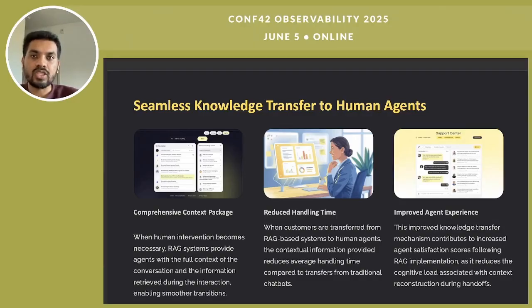So with RAG, we can achieve a structured handoff to the human agents by delivering a package with query history, retrieved documents, and generated responses. An agent no longer needs to ask questions again and again or dig for background. They get full context, including the intent chain and prior decision points, so that they are already up to speed with the customer's issue. This in turn reduces the average handling time of a customer and improves both agent satisfaction and first time resolution rates.